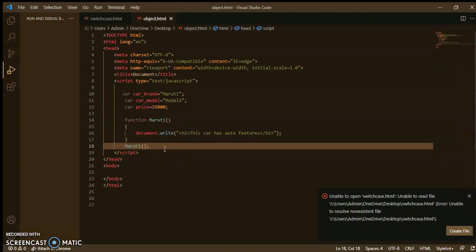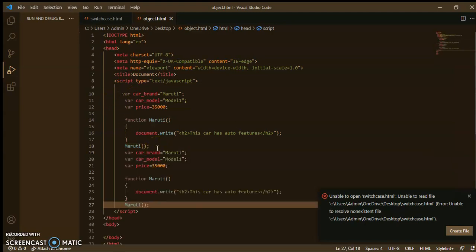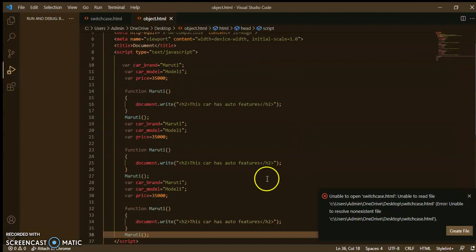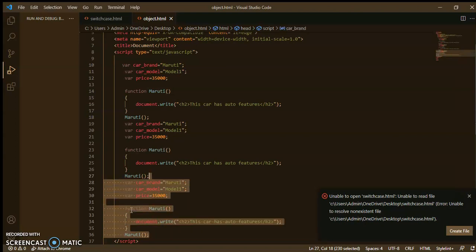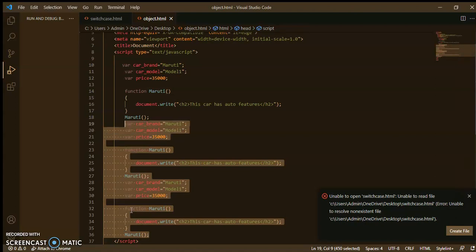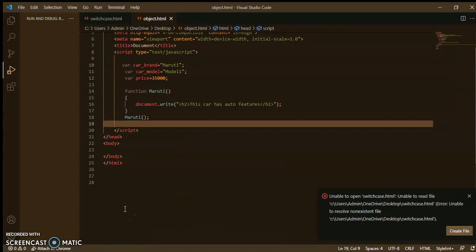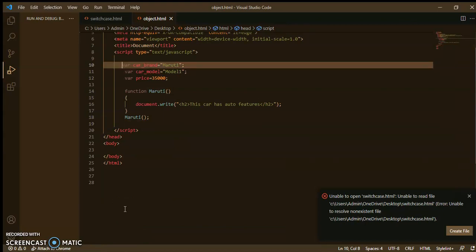Okay, but what about if you have more than one cars? Will you write the same again and again, like this? No, no. Then what you will do, you will create objects. For that you will create objects. So how to create objects, let's see. Okay, to create objects you require